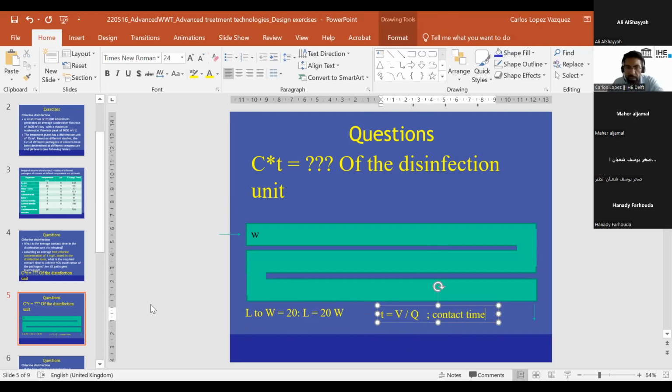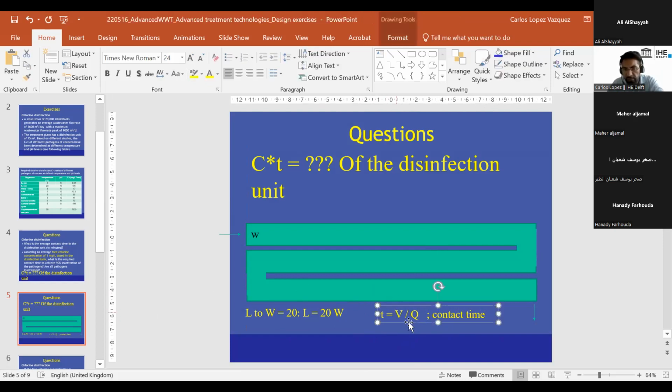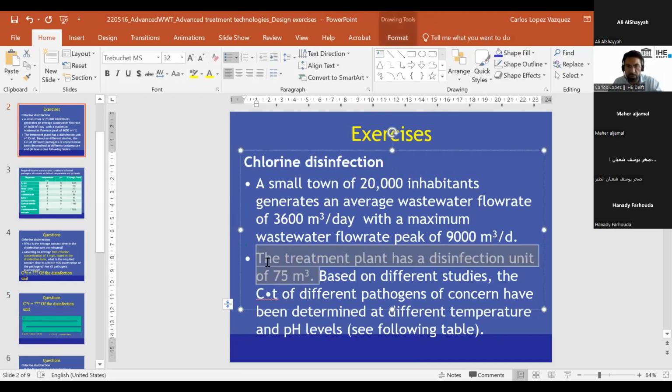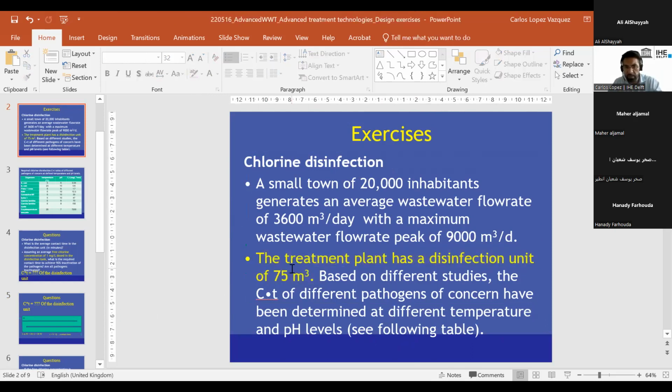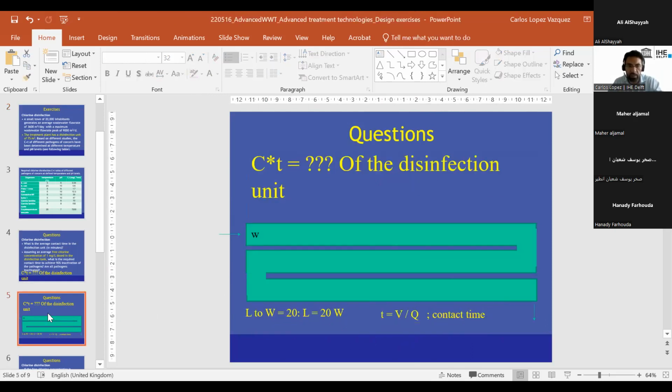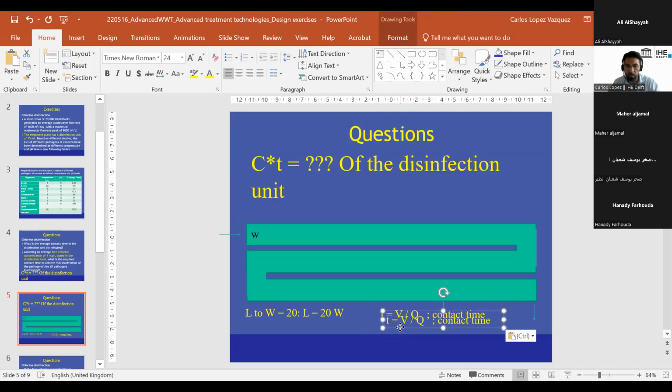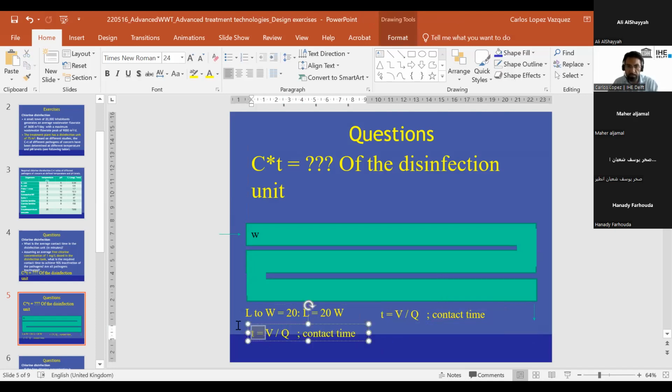Now, the volume is fixed. The volume of this system is already given, it is built. So the plant has a disinfection unit of 75 cubic meters. So we already have the volume of this disinfection unit. Volume is equal to 75 cubic meters. But the flow